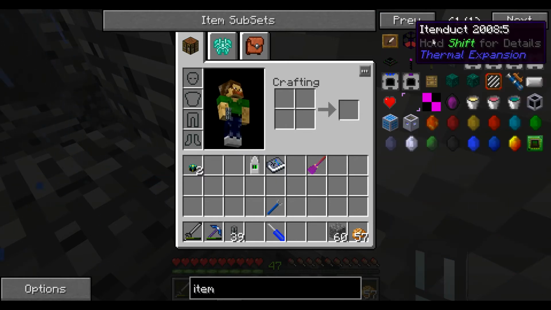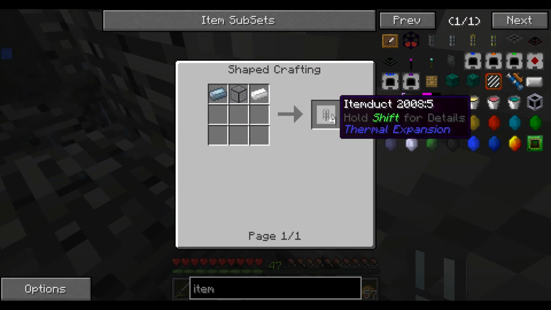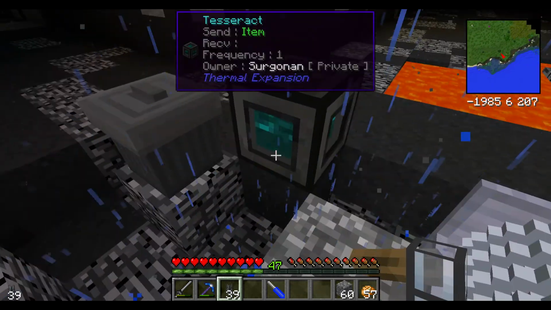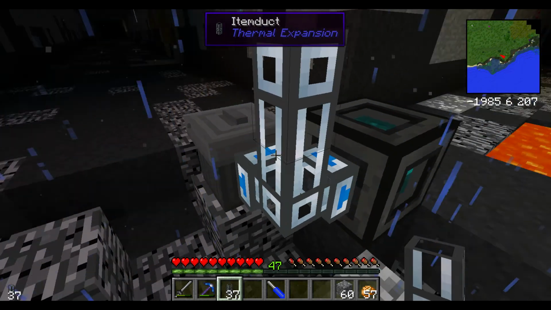Item ducts are from thermal expansion, and they're just made with hardened glass and some tin on either side. And you get 4 of them. And basically, they're just like transfer pipes. And what I want to do is I want to put this here, and I actually want to